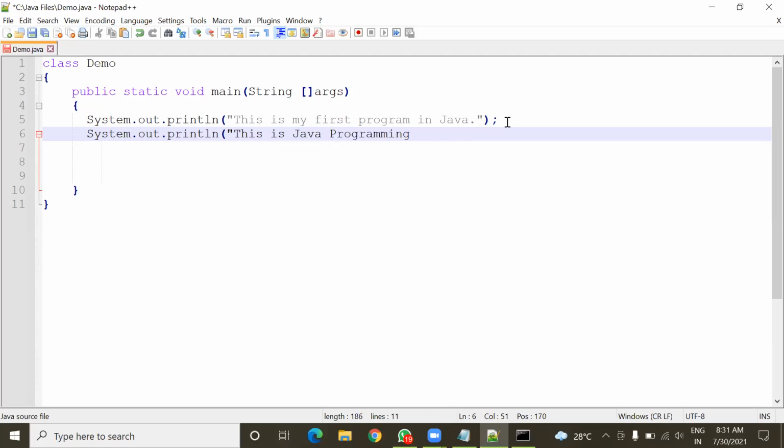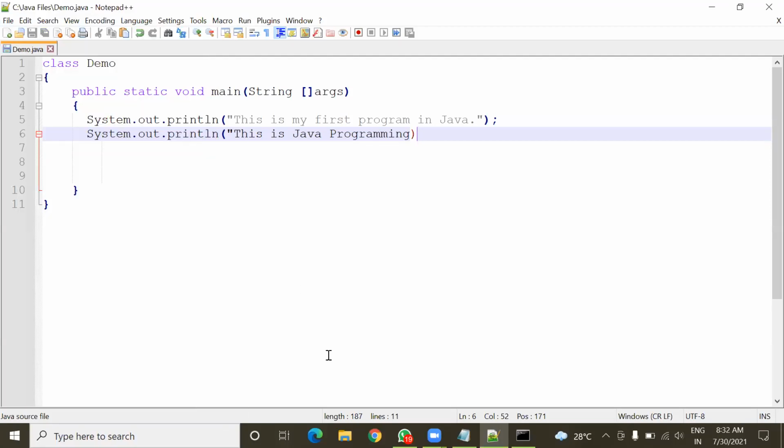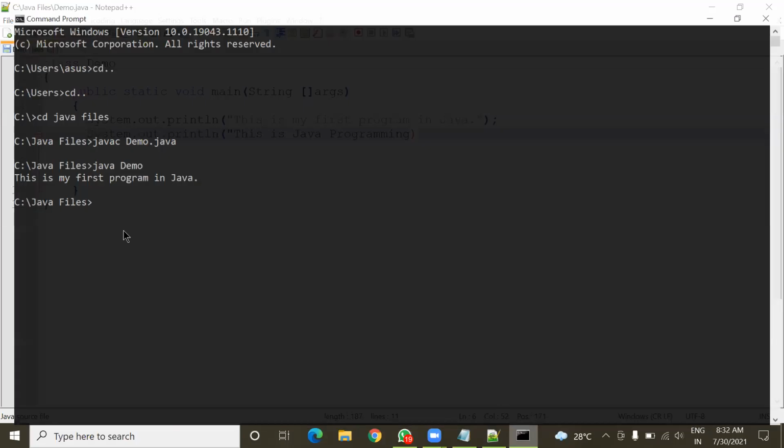Now intentionally I'm not giving the double inverted commas, and the semicolon also. Now I'm going to save this program, and after compilation, just see what it shows.